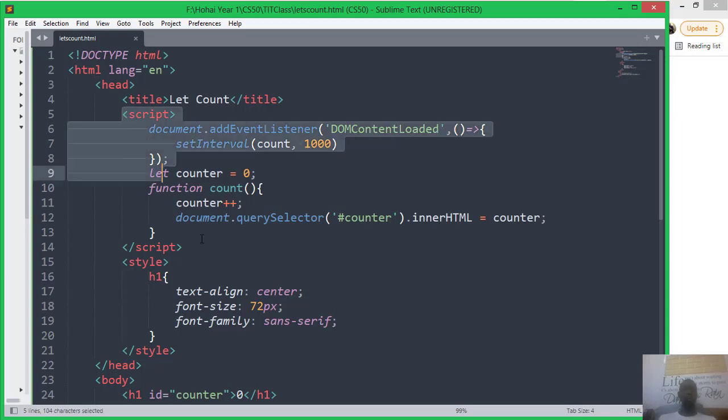In the script section, which tells our browser to take everything within this block as JavaScript code, an event listener is something that we create to do certain things. But we have to load the DOM, the Document Object Model, so it loads everything on this page. The code runs per line: it takes line 1, line 2, line 3, line 4. But in case on line 9 you want to run something